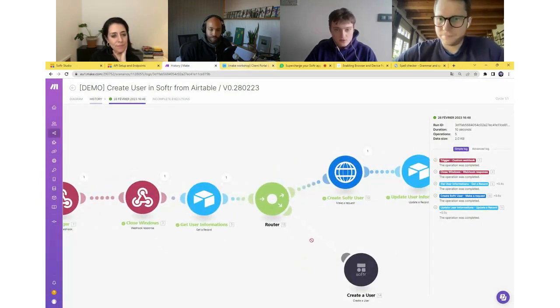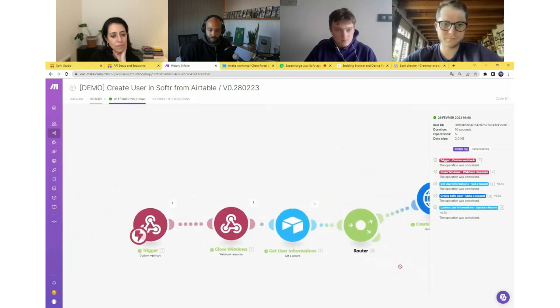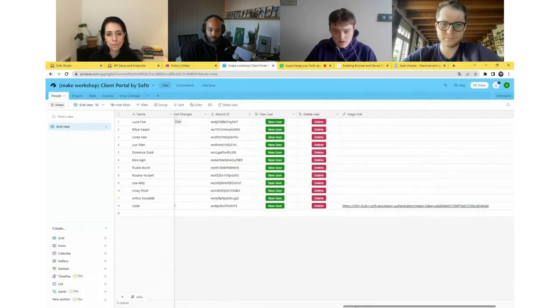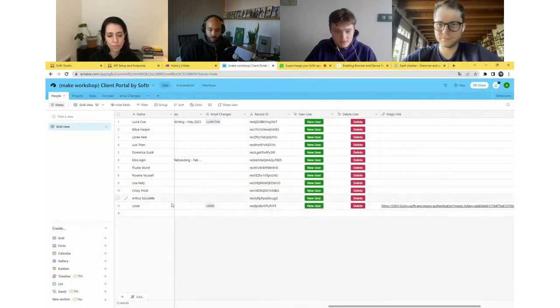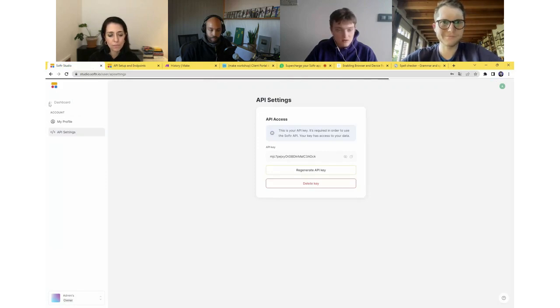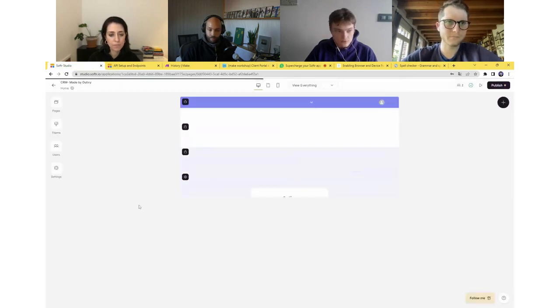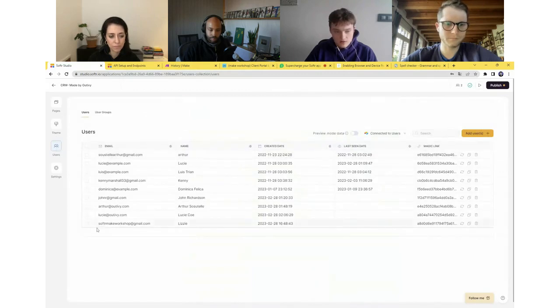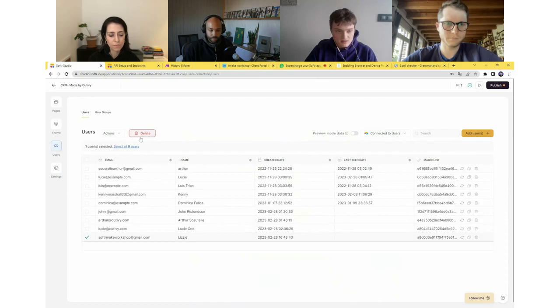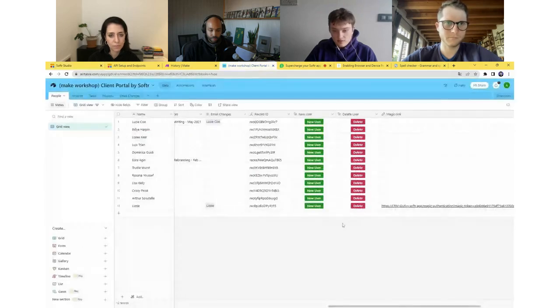So now I'm going to show you how to delete a user using the Softr API. So here's the case. You're now able to create a user, but what if you want to delete one without being in your application? For the record, you go to your application, the user section, and you have all of the information. But let's say you want to delete this one, instead of clicking and selecting delete, you can just do it by clicking this button. Here we go. Okay, I'm going to refresh. And normally,